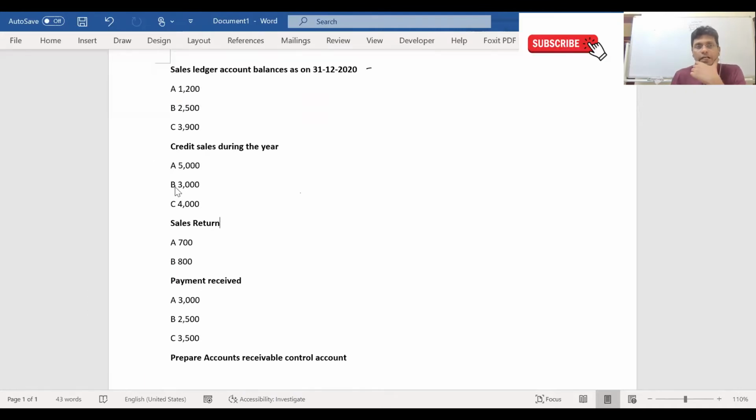Okay. Now, the sales ledger account balances as on 31st December 2020 are given: A, B, C. The individual customer balances are given. These individual account balances are maintained in the sales ledger. Then, when you take the general ledger,